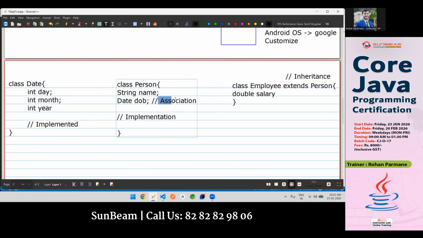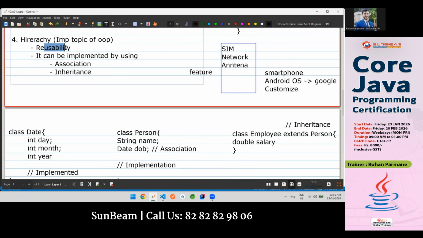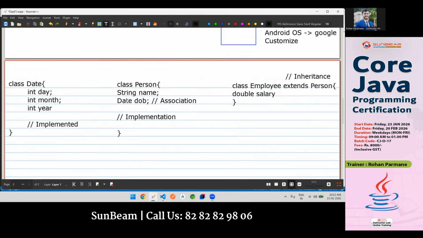Both these ways, association and inheritance, ये दोनों भी ways are nothing but reusability. Both of these are a way of reusing the existing classes. Both of these are the examples of reusing the existing classes. Now, when you talk about association, when you talk about inheritance, to explain it in a more simplest form,